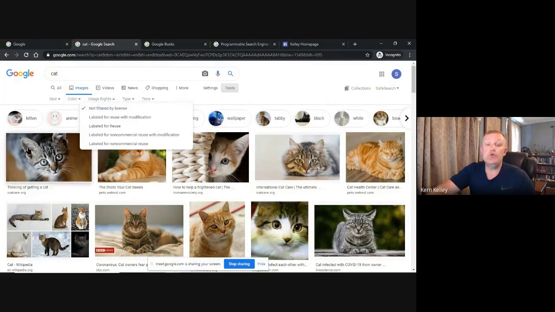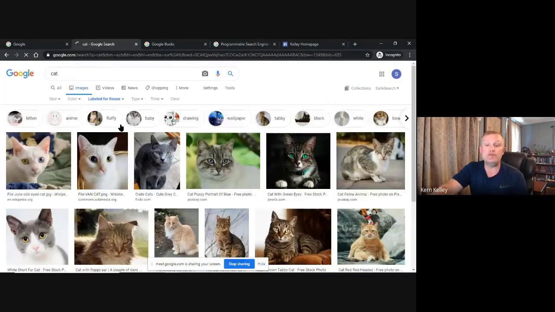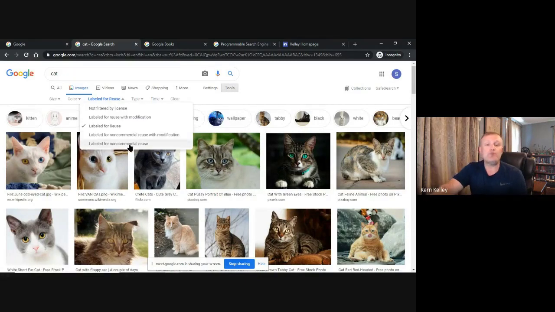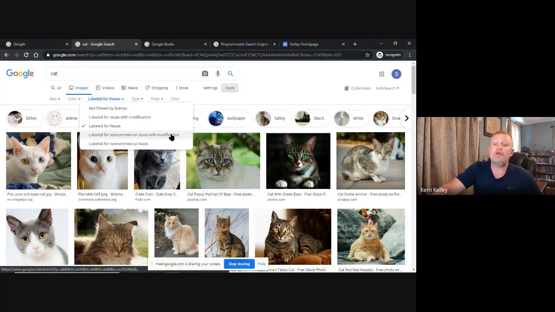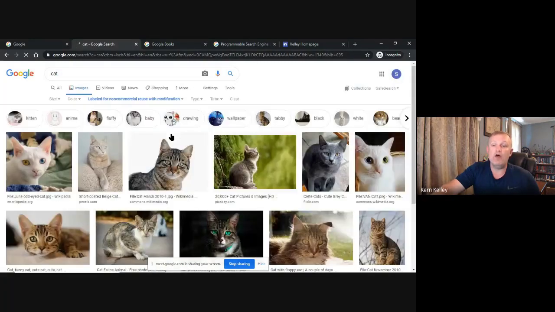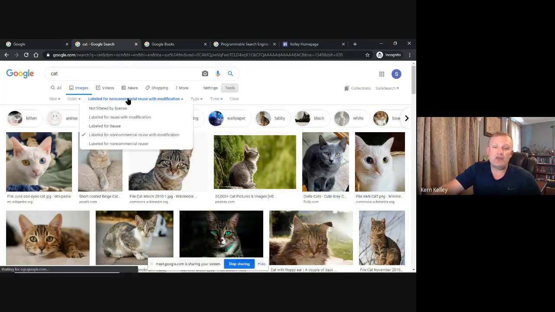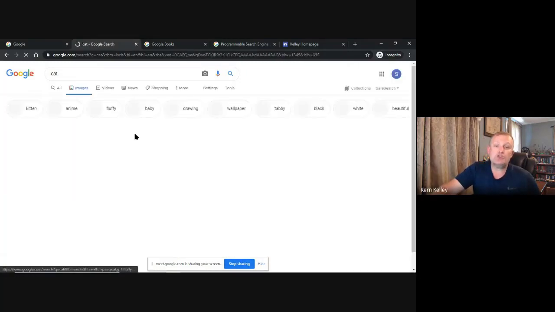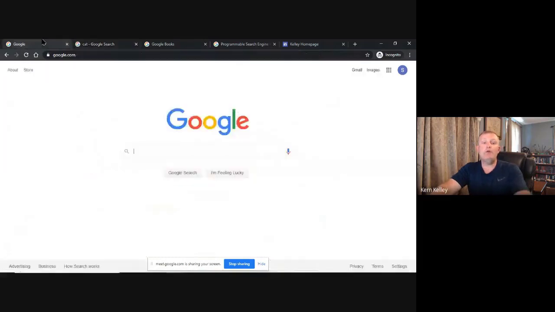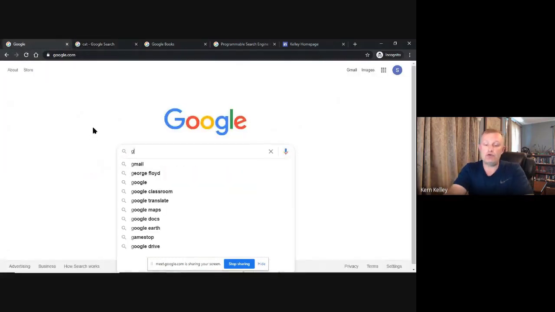If they need to label for reuse, meaning these are things that people have said, yes, you can use this image and I'm okay with you using it, that's great. But if you don't have that, again, with older grades probably, I would have this discussion: what about non-commercial reuse with modification? That means, can you change the picture itself? Not only can you use this picture, can I make edits to it as well? And we can have that conversation. If you're not sure what's the best way, I would definitely look at, and I won't show this now,